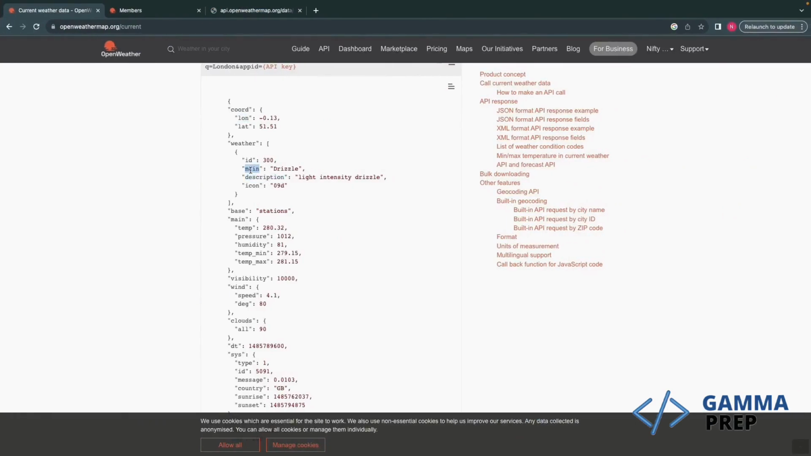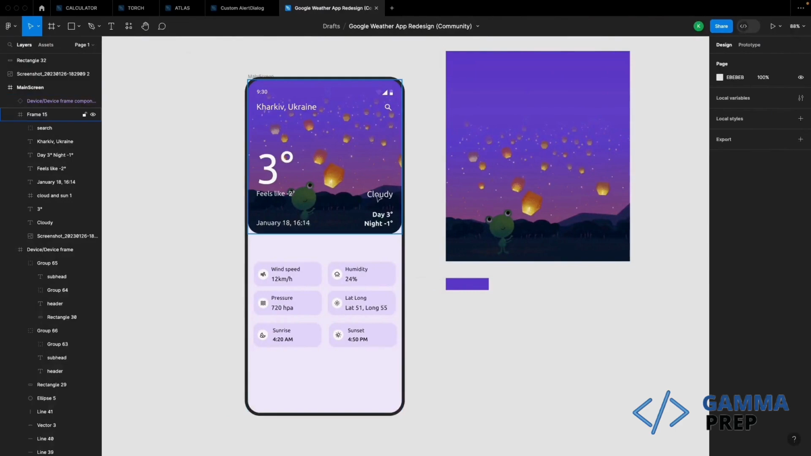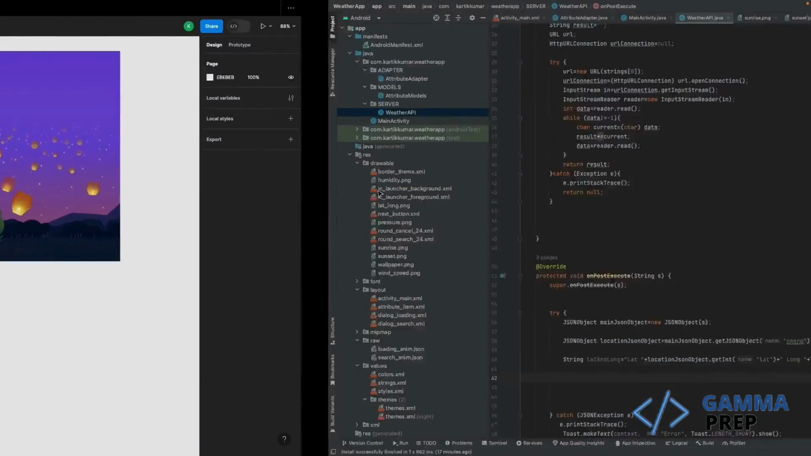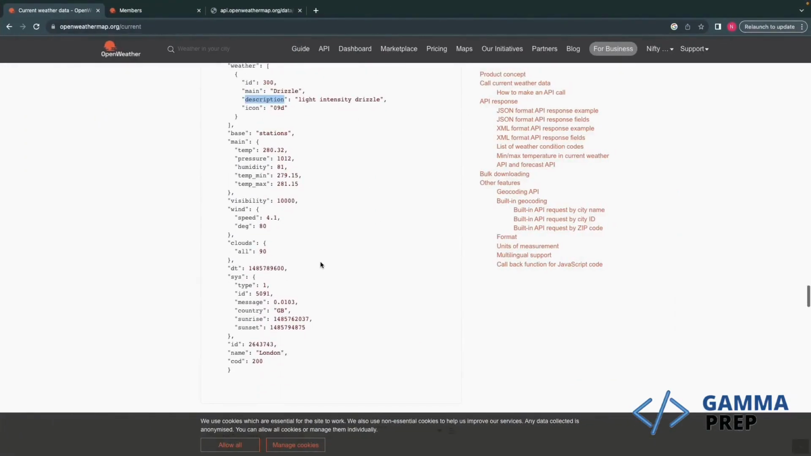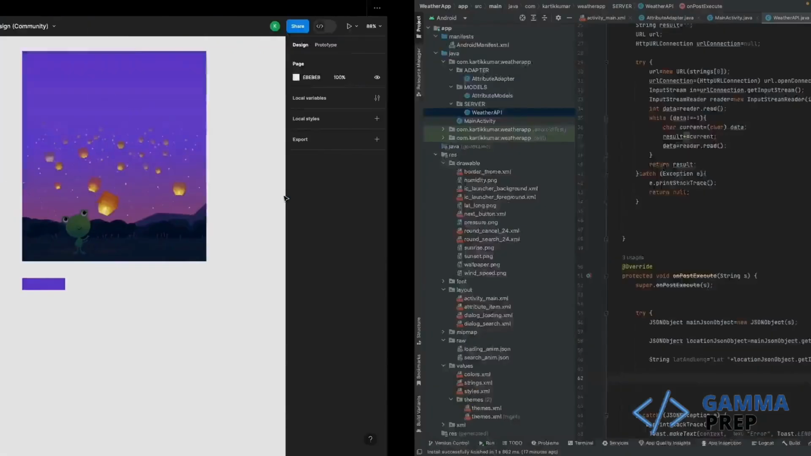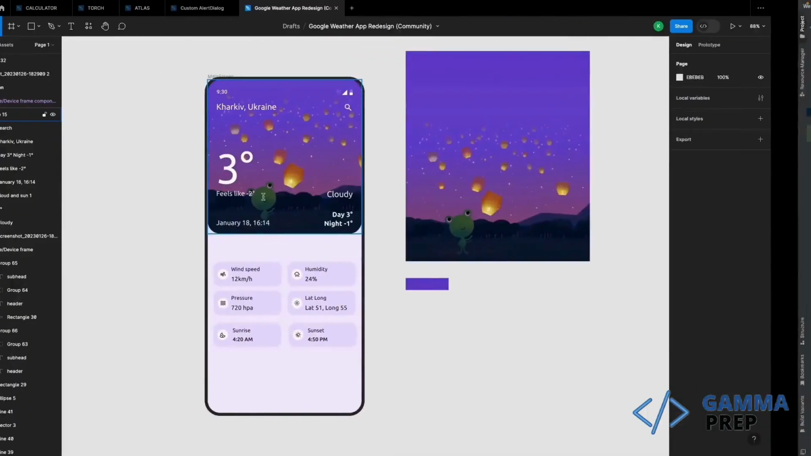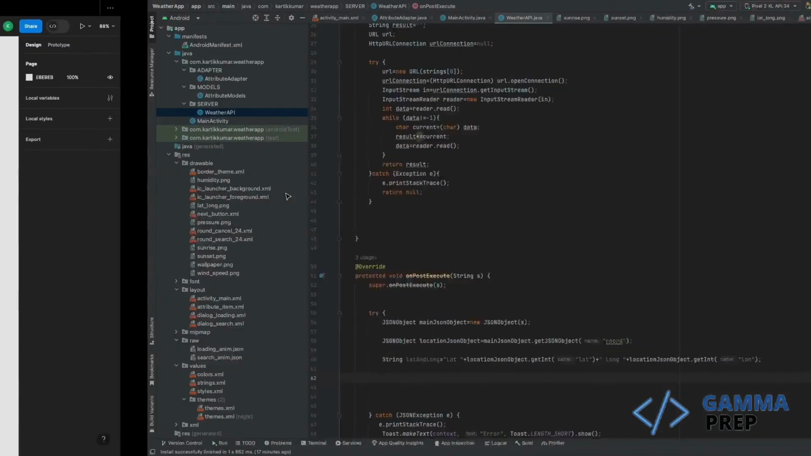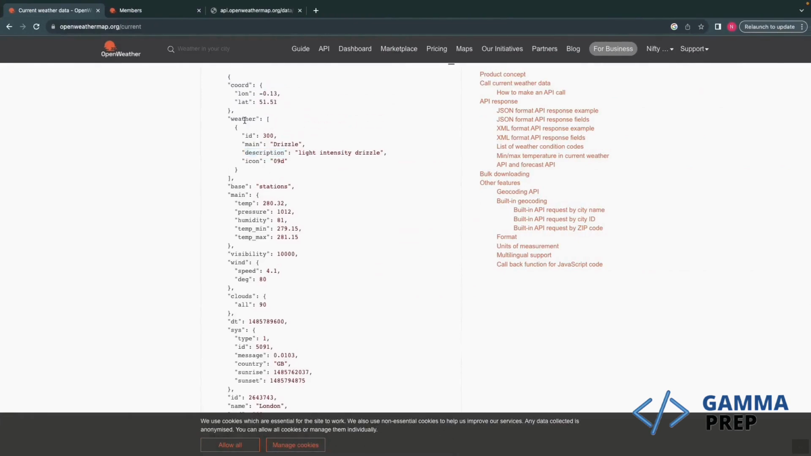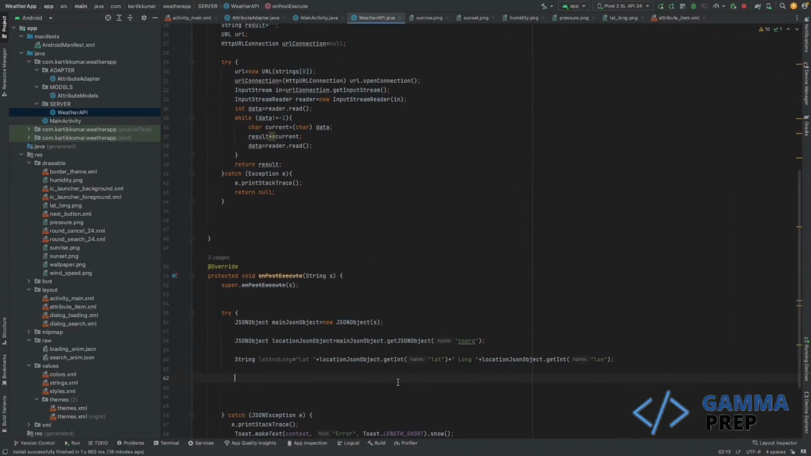Okay, so what I'm going to do is show this main thing over here, instead of this Clouds. And in this description, I don't see a feels-like attribute over here. So I'm going to use this description to show this text. Okay, so just copy this weather over here, because first we need to fetch